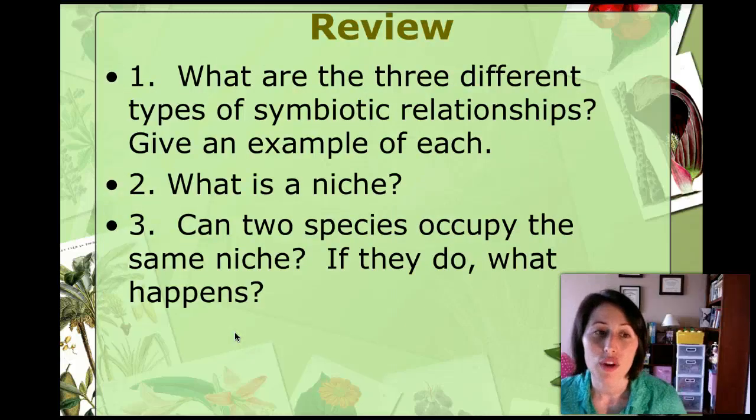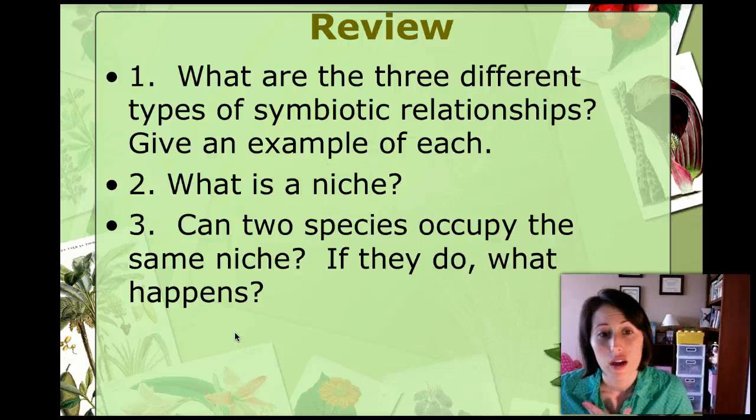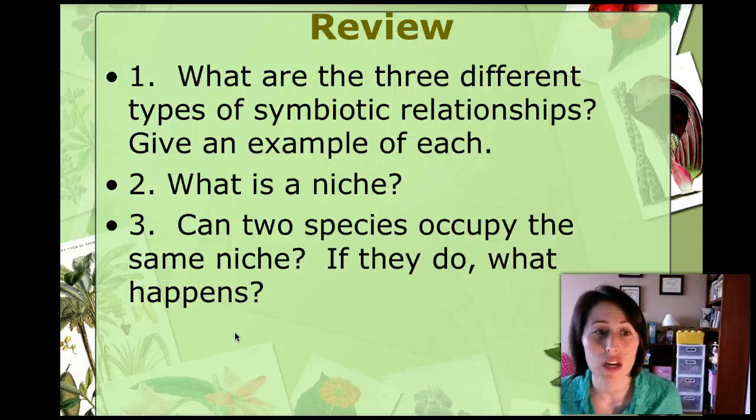All right, so before you go, I really want you to pause the video and make sure that you know the answers to these questions. If you don't, go back and rewatch parts of it and write down your answers, and we'll talk about them in class. So number 1, what are the 3 different types of symbiotic relationships that we talked about? And give an example of each. Give a different example than the ones that I gave you in the video. Explain what a niche is, and answer, can 2 species occupy the same niche? If they do, what happens? Okay, so hopefully you know the answers to those questions. I hope that you wrote down any questions that you might have,